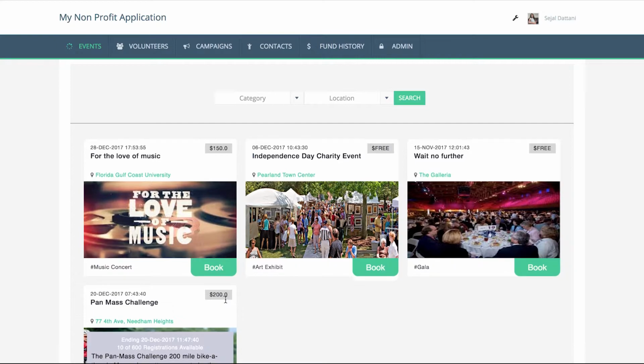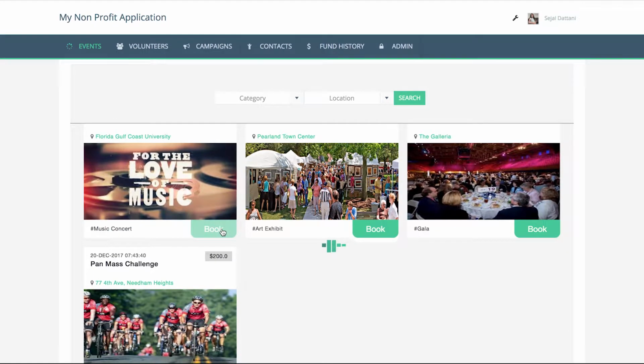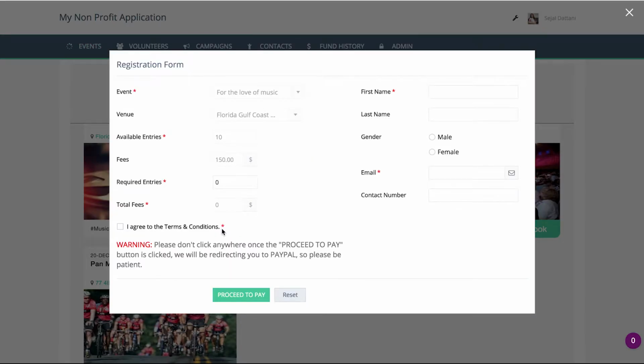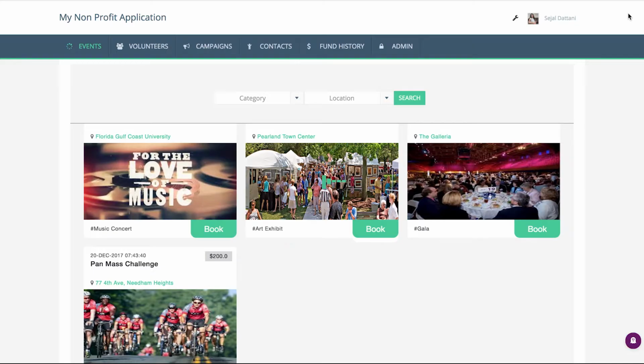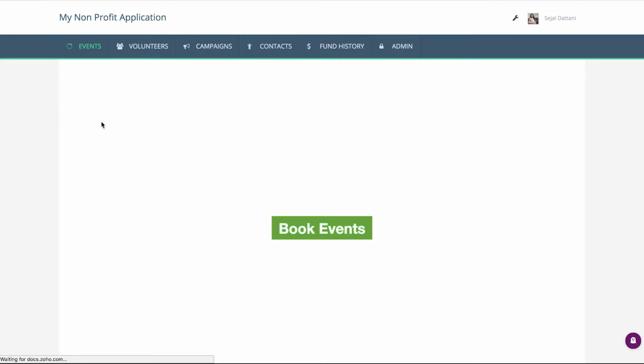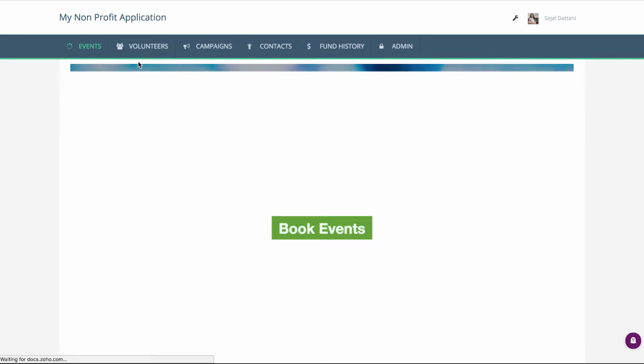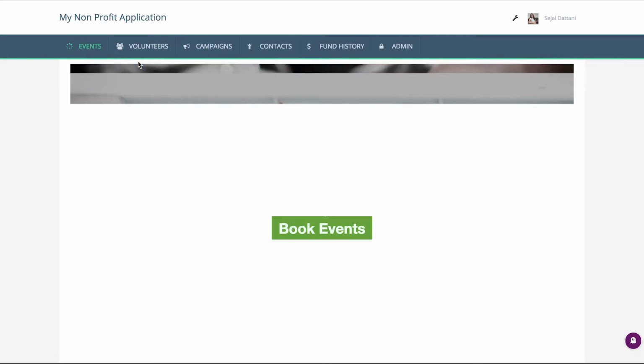So once I click on book, a form gets displayed, that is the event registration form. So whoever wants to book tickets for this particular event can enter the number of tickets he needs, enter the personal details and click on proceed to pay. So this is the event registration form which is built on our drag and drop form builder.